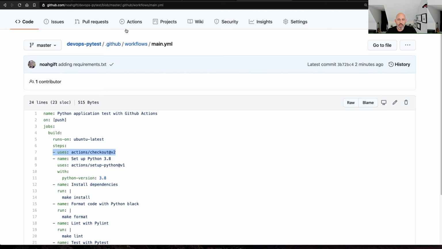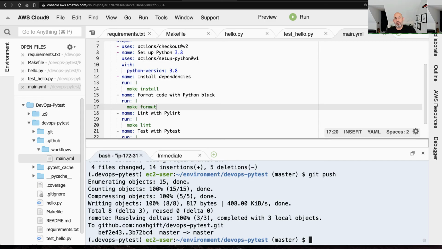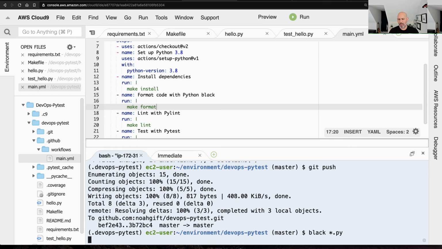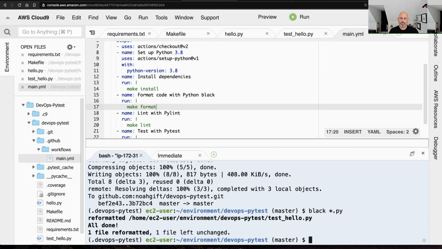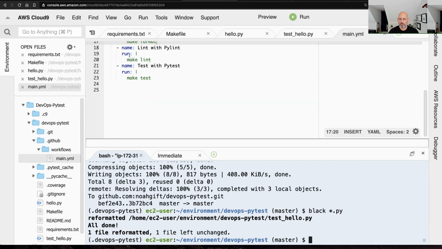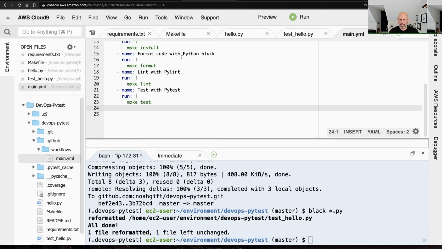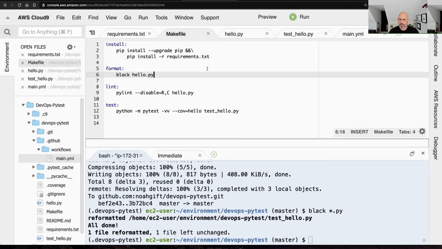The other question I saw was somebody asked about formatting all of your code. So if you wanted to format all of your code in your project, I believe with black, you can do black *.py, and I believe it'll format multiple files, right? So you could just do an asterisk. So if you wanted to, you could also do this. You could just say, in your Makefile, *.py,